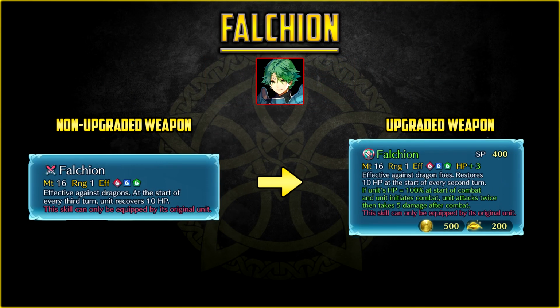Alm's probably got the best weapon upgrade, it's my favorite one, that's for sure. The effect only works on the player phase. If he's at full health and initiates combat, he attacks twice immediately before the enemy's first counter hit. Then after combat, he takes 5 damage. It's basically a 16 might brave weapon that only works at 100% HP and takes some recoil damage after combat,